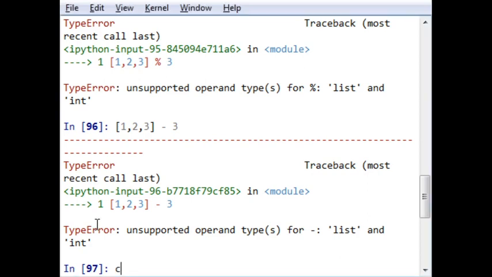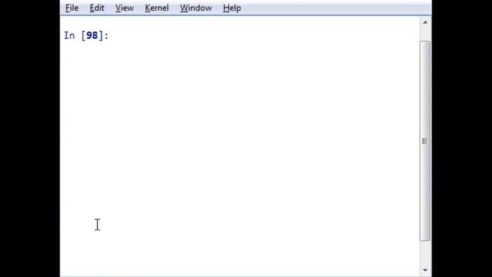So first of all, let us clear the screen. Now, let us take some number, int of 4.2345.